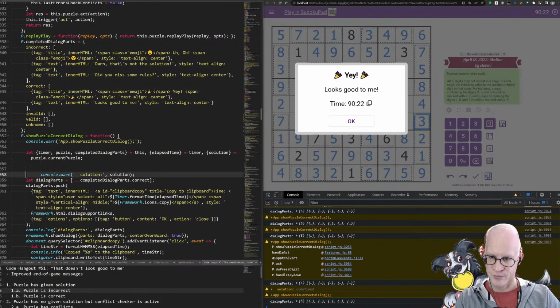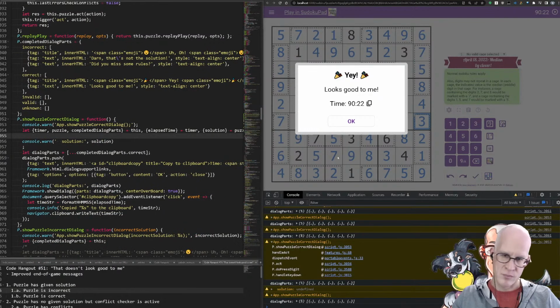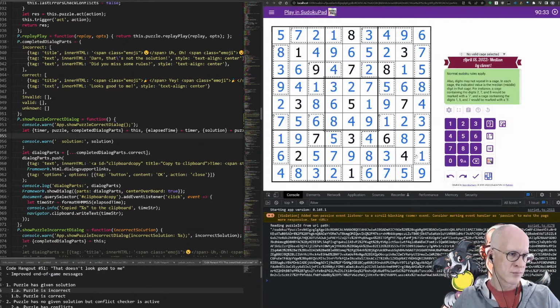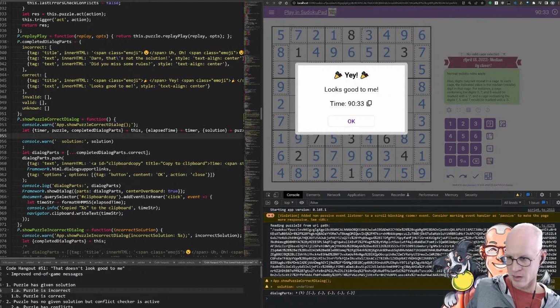Oh, come on. So, if solution is undefined, now I can start with that. I'm currently thinking there might be puzzles where an empty string gets passed in, or a string of zeros or something like that.